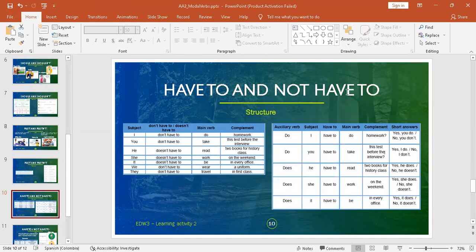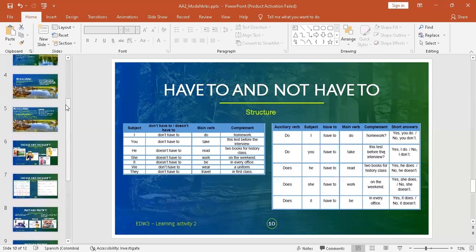Have to and not have to. This is a semi-modal. Este es un semimodal porque aunque actúa como modal, sigue siendo el verbo tal y como lo conocemos, es decir, que lo vamos a conjugar. Recuerdan, por eso es un semimodal. Eso es un semimodal porque funciona como modal para expresar que have to, una obligación, y not have to para decir que no estamos obligados a hacer algo, ¿sí? Por eso se reconoce como modal. Pero no es totalmente un modal